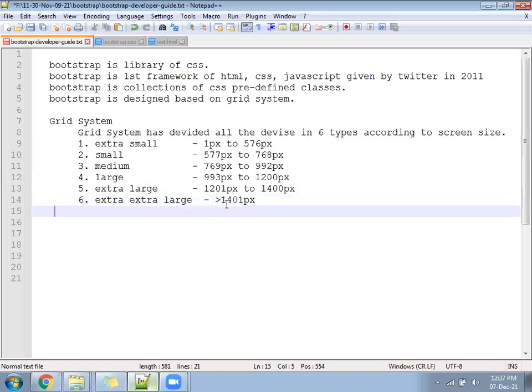So this is the screen size that is available in the market. Window size according to Bootstrap survey, they said okay, whichever device the user is going to browse your page on, if you think in this measurement, then your page will be proper. It will work in all the devices.